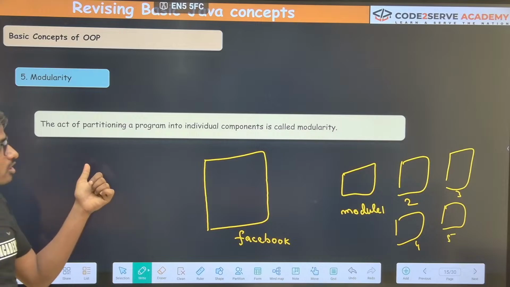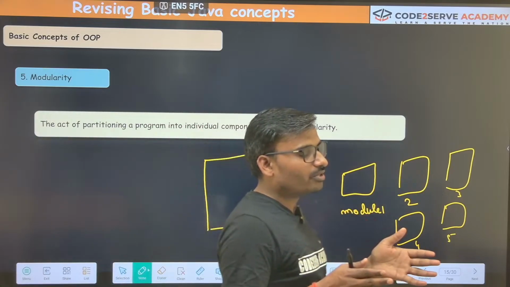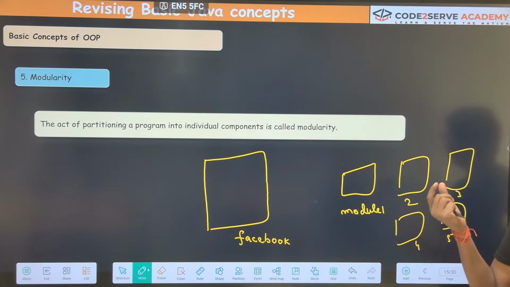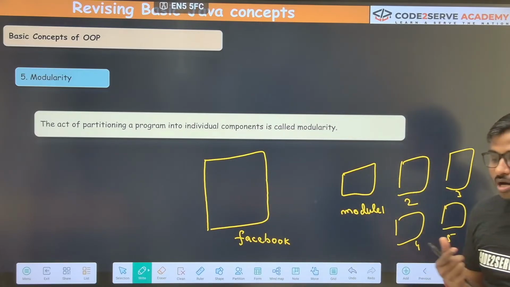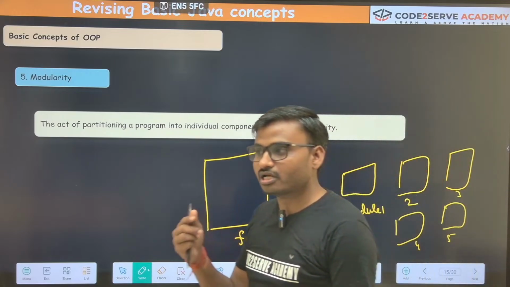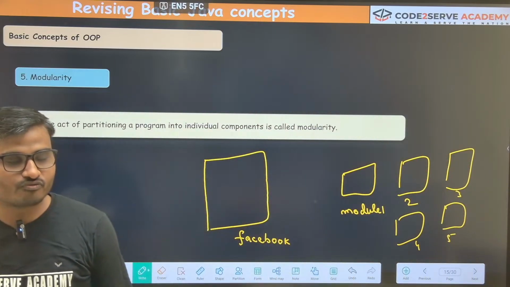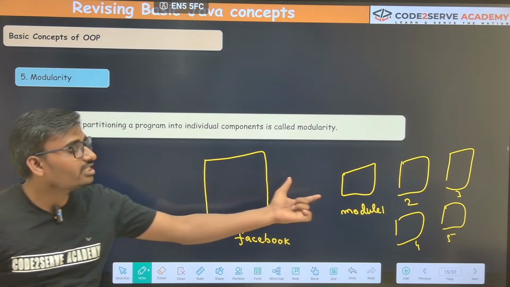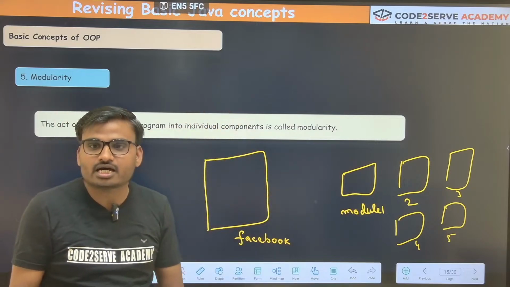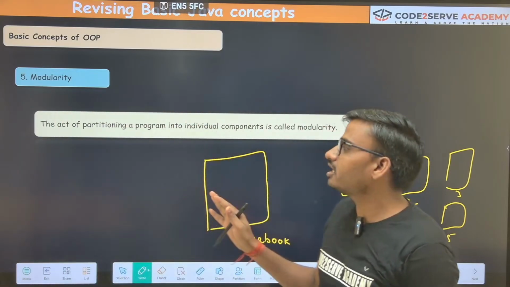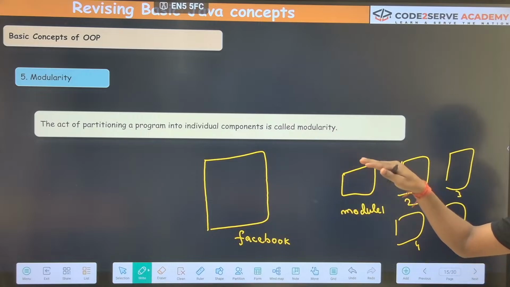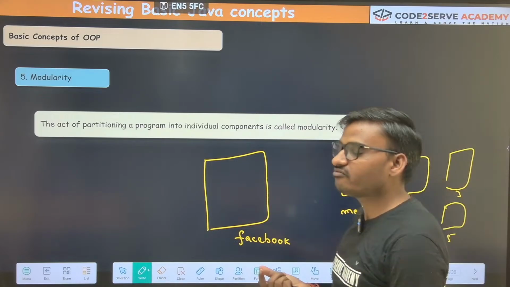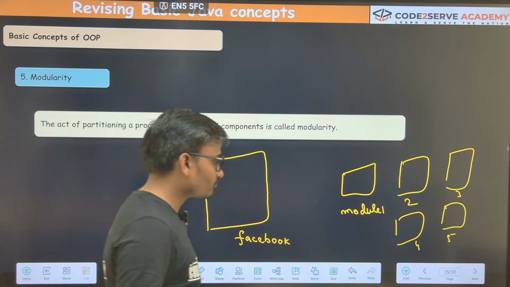Got my point? So modularity is dividing a big problem into simple units. If we are able to divide a big problem into smaller units, our problem of maintaining the code base gets easier. Once the code is written, later on, whenever errors or bugs come, we will only touch that module, not the entire system. That is what helps us because of modularity. If we don't use modularity, it will be very difficult to maintain the code base. Got my point? Next.